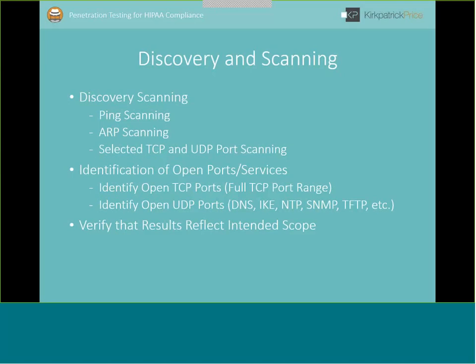So what we typically do is limit that to very well-known services, so DNS, NTP, SNMP, that sort of thing, really looking for services that are most likely to be running as UDP services. On the TCP side, we do a full port scan, as I mentioned, and that again has to do with the nature of the protocol. So we do port 1 through 65535, looking for any port that's listening with a TCP service, whether it's identified